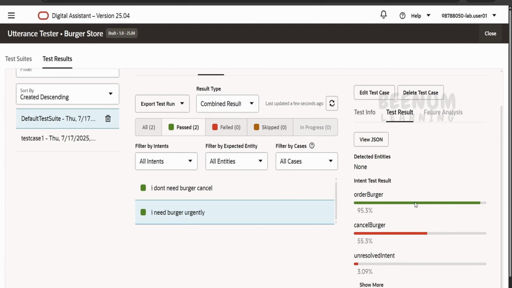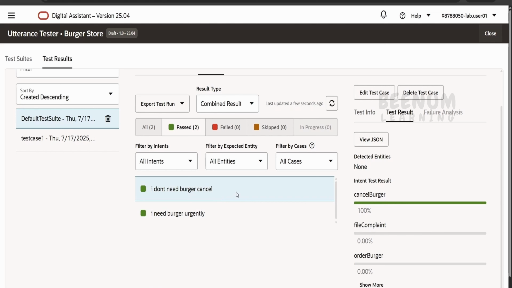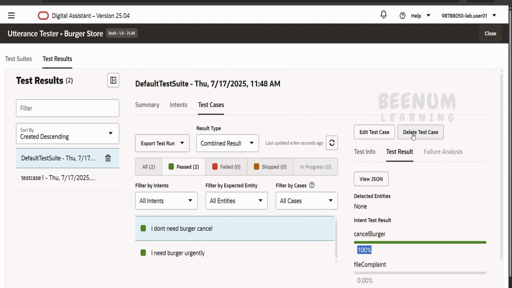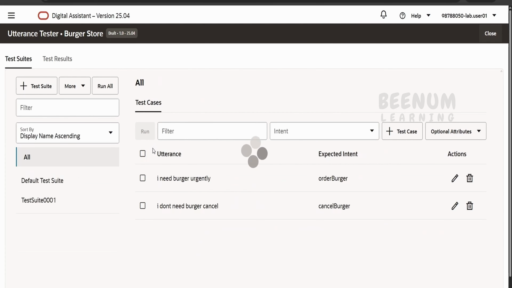Coming to the test result, it will tell it has mapped to this order burger with this accuracy. And I don't need a burger, it has mapped with 100% accuracy. If there is any failure, we can see the failure analysis of why it failed over here. Now with this said, we will try to create the test cases or the test suite using the CSV file